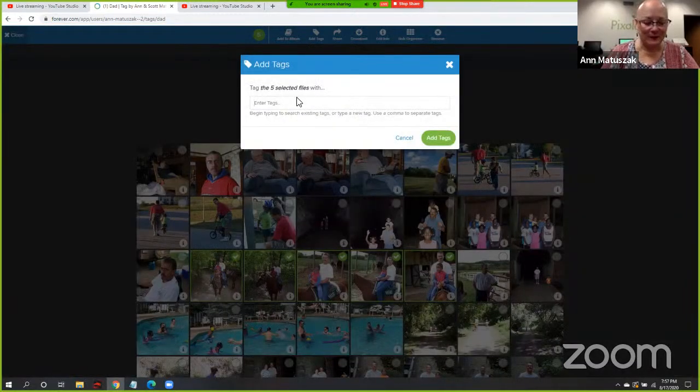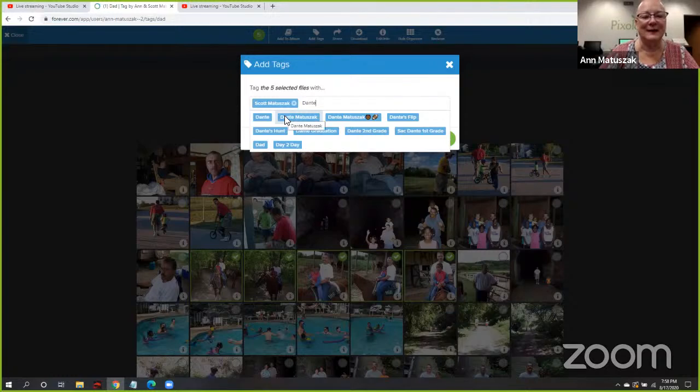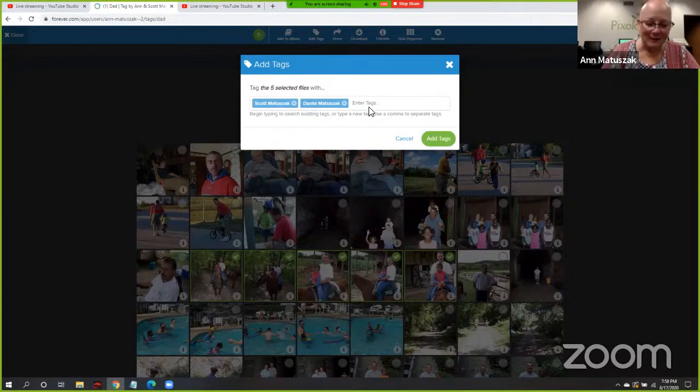And the first one is going to be Scott Matuszak, who pops right up here. And you can see it blocks that right away as soon as I hit enter, and I can go on to my next tag, which is going to be Dante Matuszak. And then I'm going to just add the horseback riding